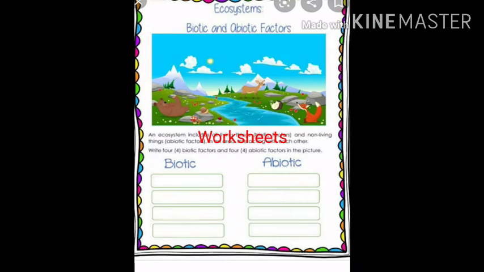We see the worksheets of this lesson, environment, particularly the subtopic of biotic and abiotic factors. And see, the first one is given. From this worksheet you see and write biotic and abiotic factors. See, pictures are given, no: animals, birds, insects, and then sunlight, land, grass, clouds, river, mountain. So all the pictures are given. You see from this and write only biotic, living things, and abiotic, non-living things. So you find out from these pictures and write biotic and abiotic factors separately.